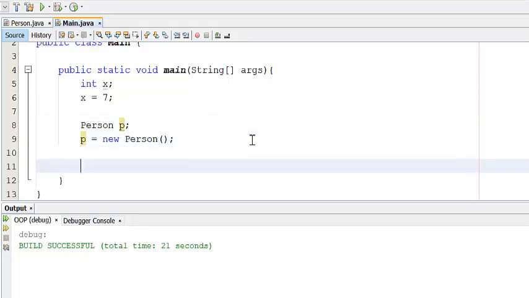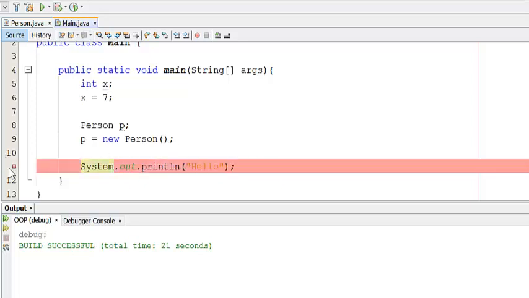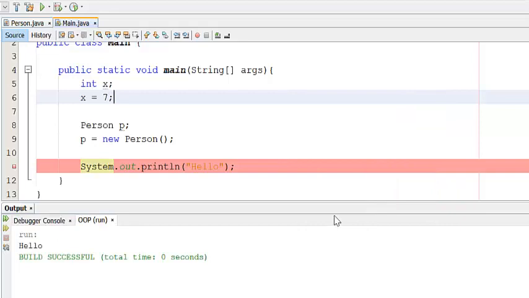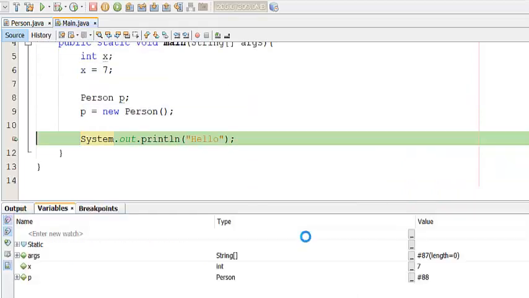If I do an output statement here, and I just output the word hello, this line of code doesn't have any meaning. It just outputs hello. The reason why I have included it is so that you will be able to put a breakpoint on it. If now I run this program in debug mode,